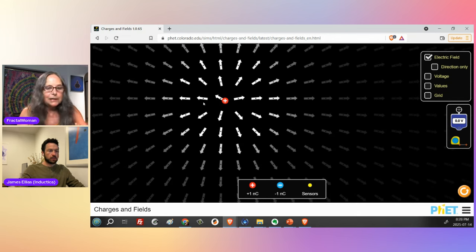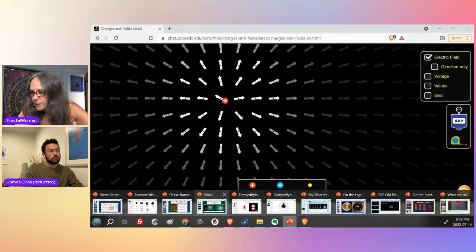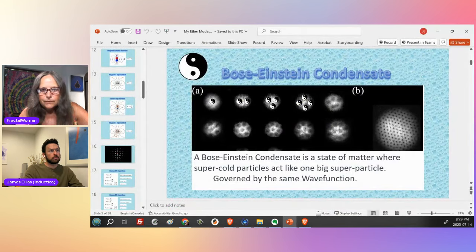So waves propagate in a medium. If light is a wave, there must be a medium. And so then we just have to figure out what that medium is. And so I got this idea from studying the Bose-Einstein condensate, right? So I think I have a slide of that. And this is where I got the idea of like the